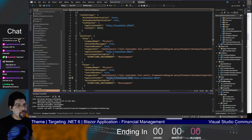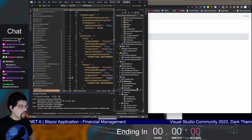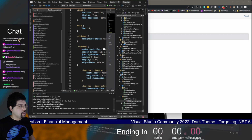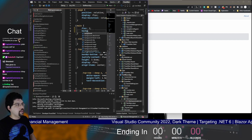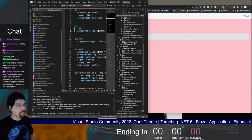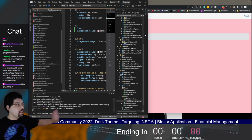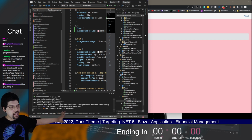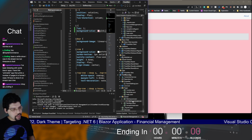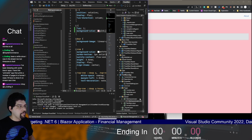Okay, so if I were to, for example, change my CSS in main layout such that for main, the background color is pink, then that happens right away. However, and I've been able to do that in my WPF app that has a Blazor web view, and I use SASS files. They compile down to CSS, and I use isolated CSS and all of that. However,